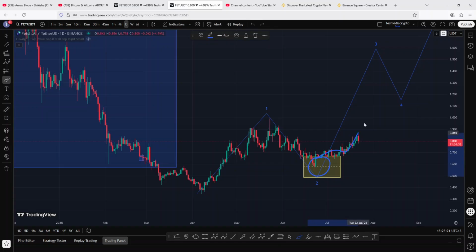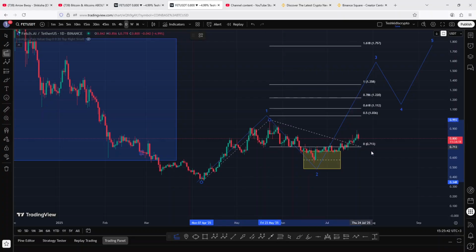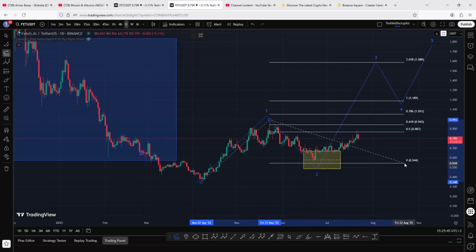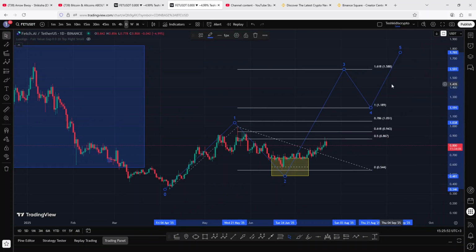giving us a bounce to the upside in what I am now terming as the start of an impulsive bounce in the formation of this wave 3, whose minimum target areas can be given by connecting the fib extension from the low of the first wave to the high of that first wave, then connecting the Fibonaccis to the low of the second wave. And on so doing, the area that I am paying attention to lies on the fib level 1.618, and that lies above the 1.5888 as my next target area,